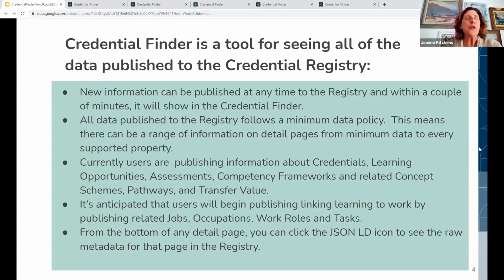It's really important for everyone to know that the Credential Finder is a tool for seeing all of the data published to the registry. We don't think anybody else really wants to build a tool that does specifically that. The data in the registry is available to power an open applications marketplace, and we mean that anyone can build tools or systems and use that data for their systems. But the Finder really has one job to do, and that is to show all of the data in the